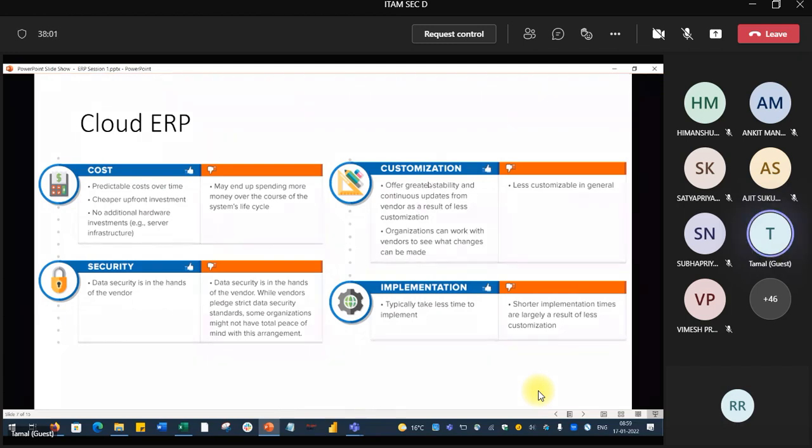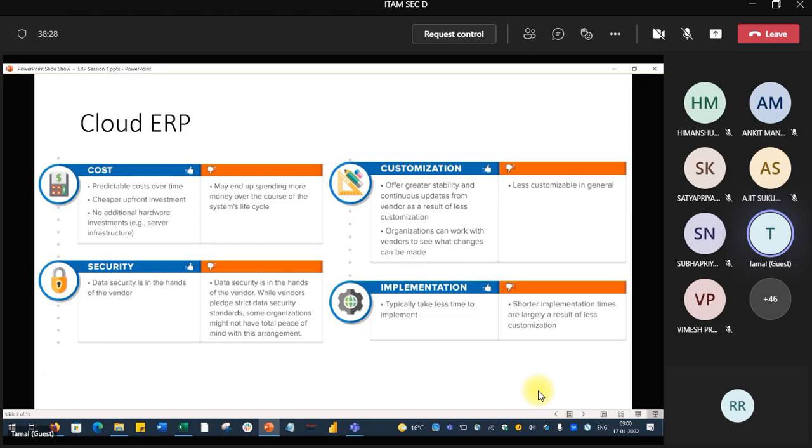Anyway, customizations. Customization opportunities are very few in cloud-based ERP. But if you have an on-premise system, you can do a hell of a lot of customizations if required. You know, from my experience, the less customization you do, the better for the company.